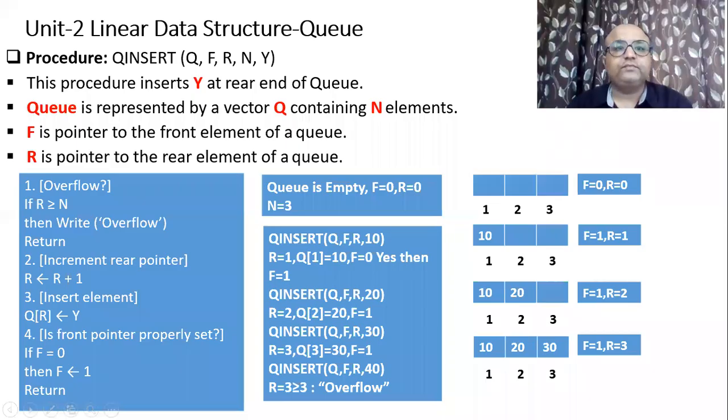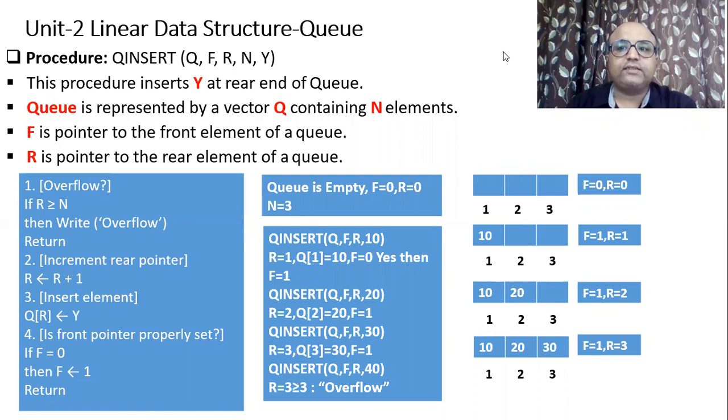Hello everyone. This is our second video lecture on the chapter Queue. In the previous video lecture of the Queue chapter, we already discussed the basic concept of a queue and the operations that you can perform on a queue. We have a total of four categories of queue: simple queue, circular queue, priority queue, and DQ.